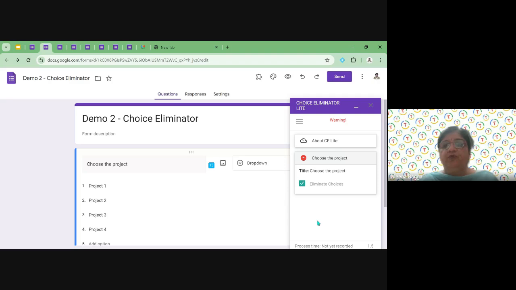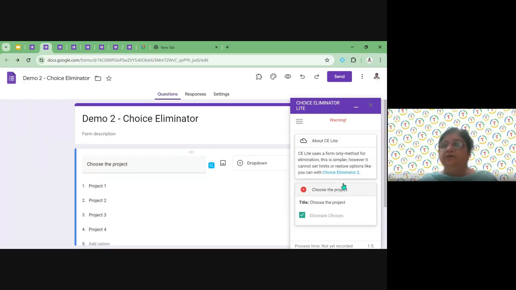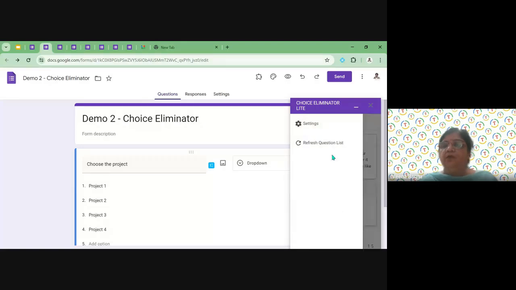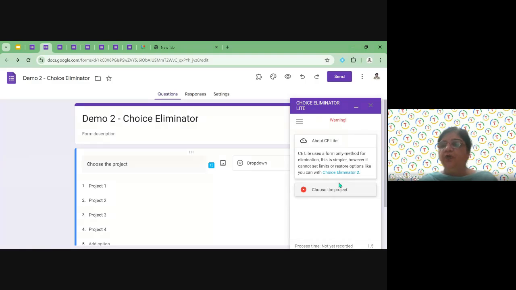I have chosen it. I don't know why it is showing warning here, but nothing is there in warning like that.